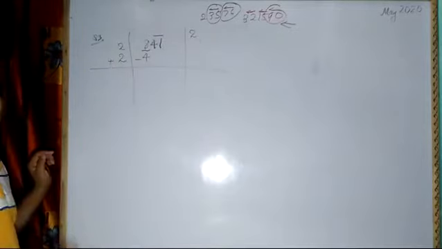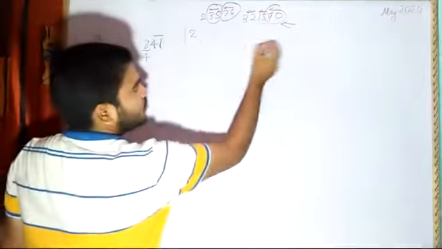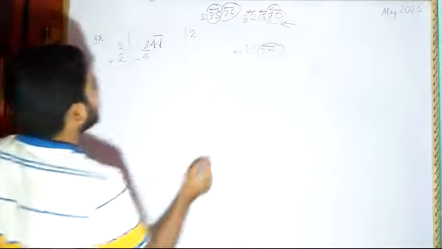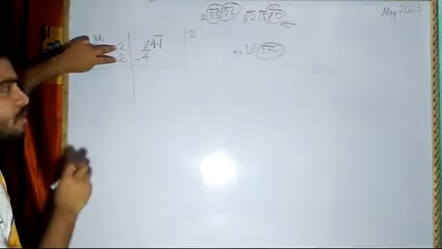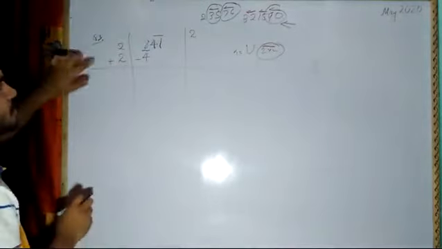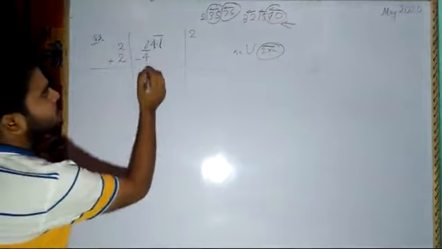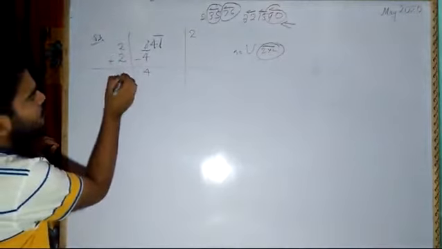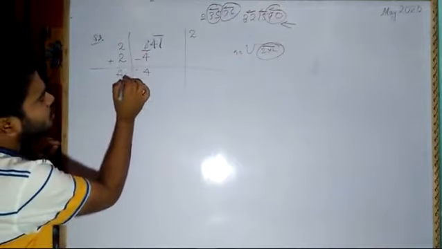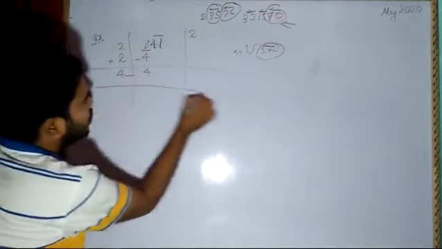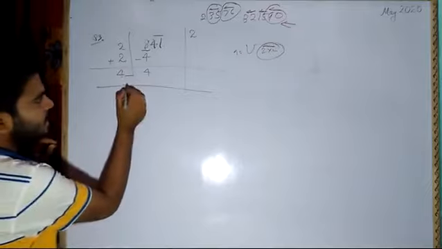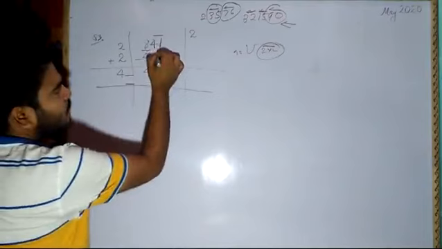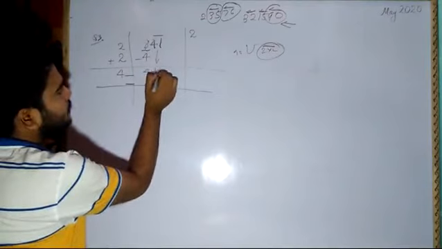As in the case of root, under some numbers there were, no? Like we used to write 2 into 2, 4 is equal to, then we used to write only one number. So here we have two same numbers, one time we wrote here. So 2 2s are 4, subtract this, it will be 4. Now next task will be, you have to add 4 4 8, the 2 2 4, give a blank space, draw one line. Again here blank space 2 times, because the same number you have to copy. Then you have to bring this 41 here.